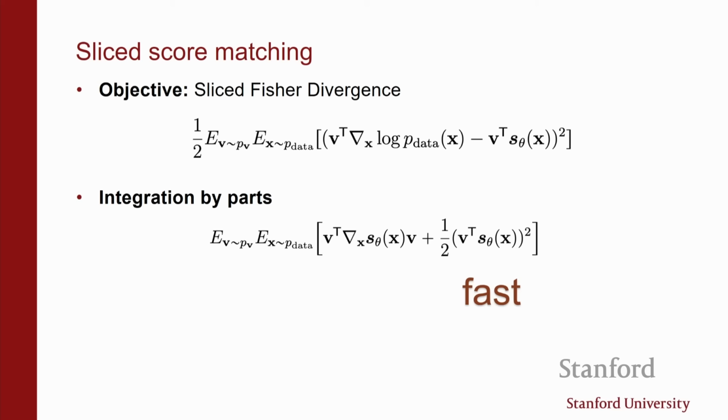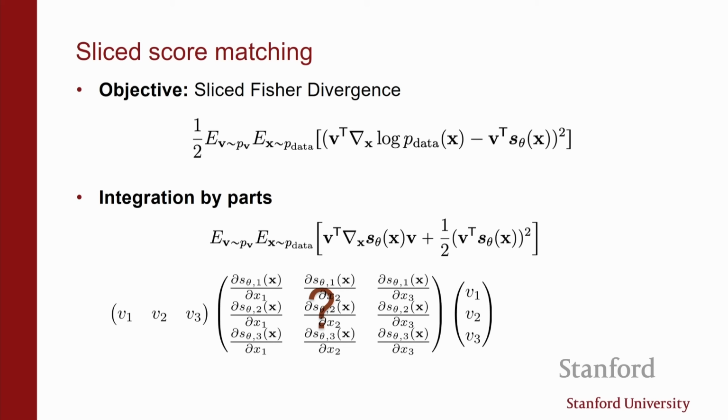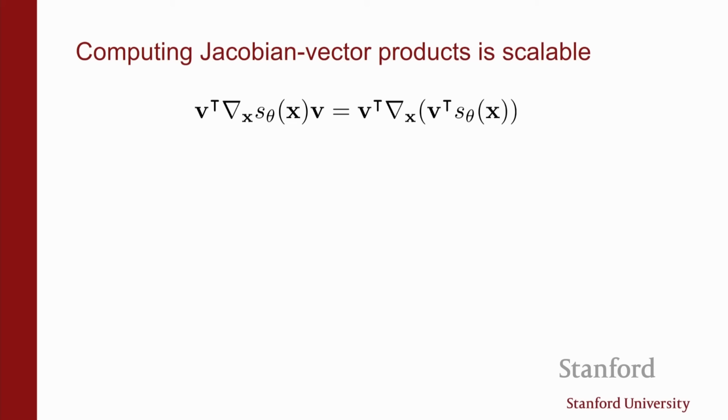So the second term is just the usual thing, is efficient. It's just the output of the network times dot product with a random vector, so that's efficient to evaluate. Now we have something that looks like this. We have this Jacobian matrix, left multiplied by this vector v, and right multiplied by the same vector v. And it turns out that basically this thing is just like a directional derivative, and that's something you can compute with backpropagation efficiently.